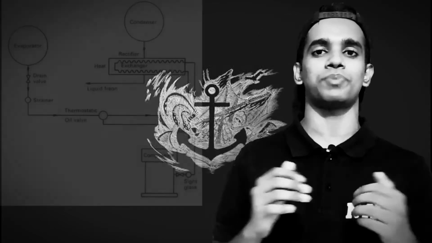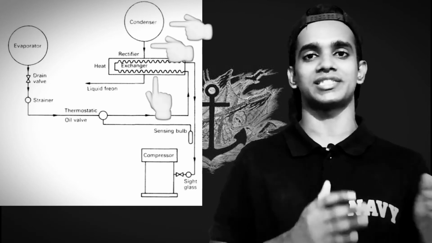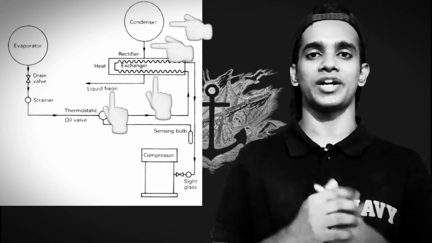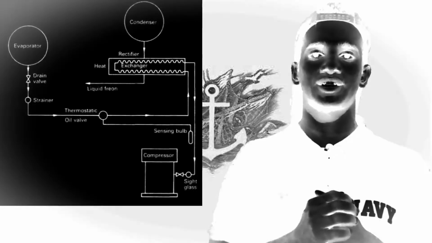Well, the heat for vaporizing the refrigerant in the heat exchanger is obtained by passing the warm refrigerant from the condenser via heat exchanger. That's how the exchange of heat takes place and the refrigerant absorbs the heat from the